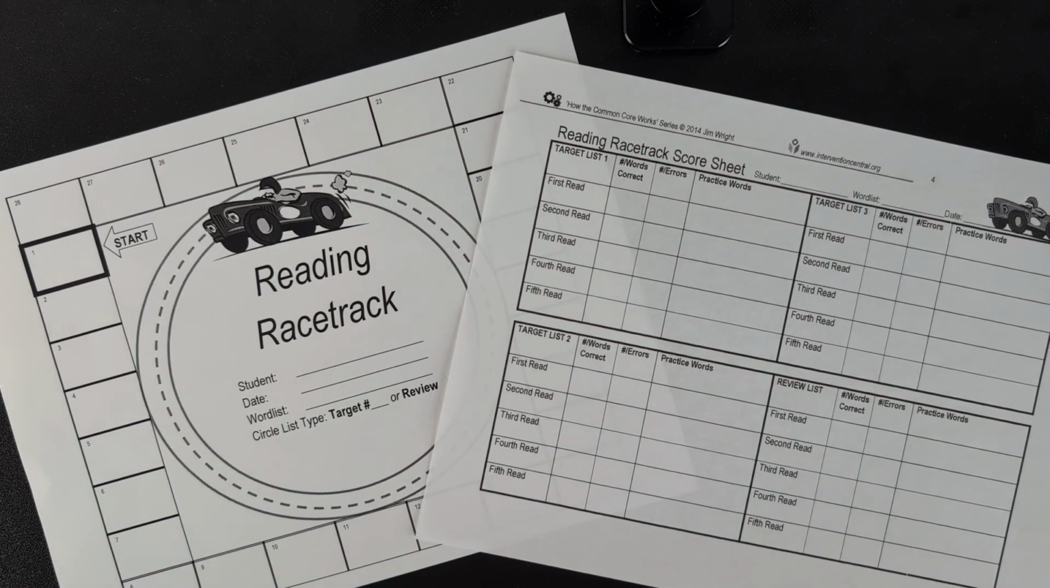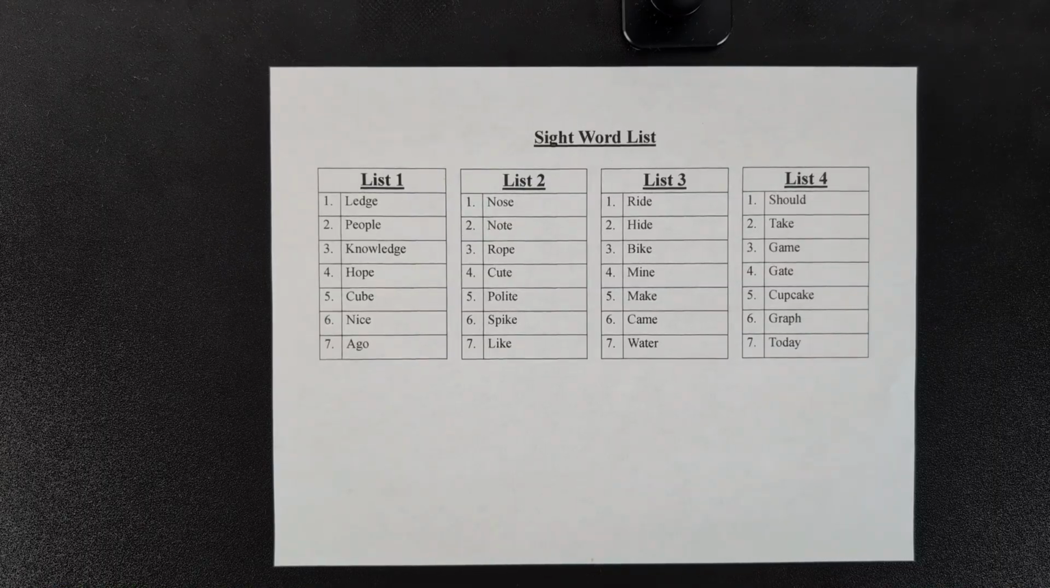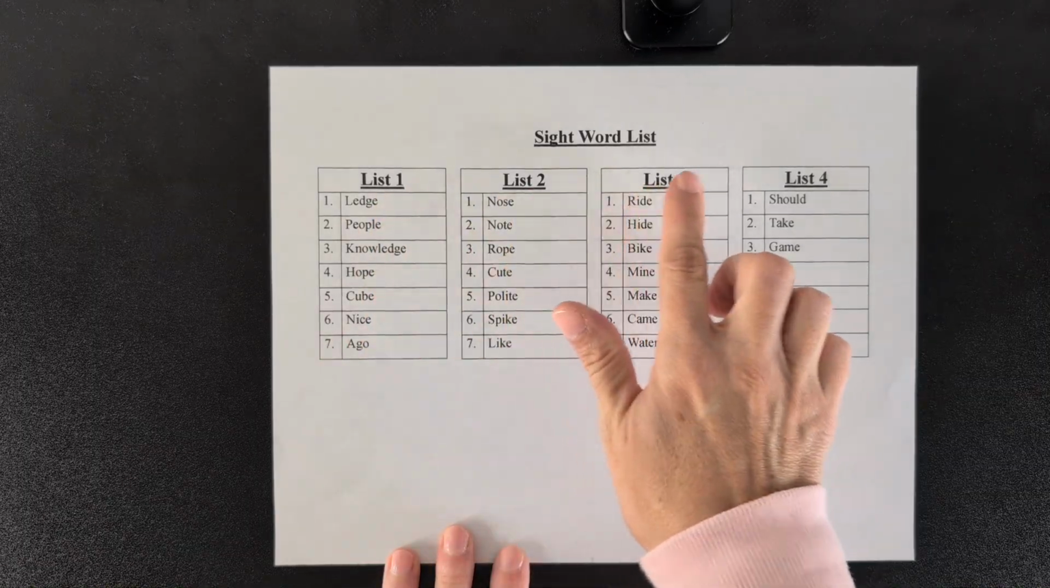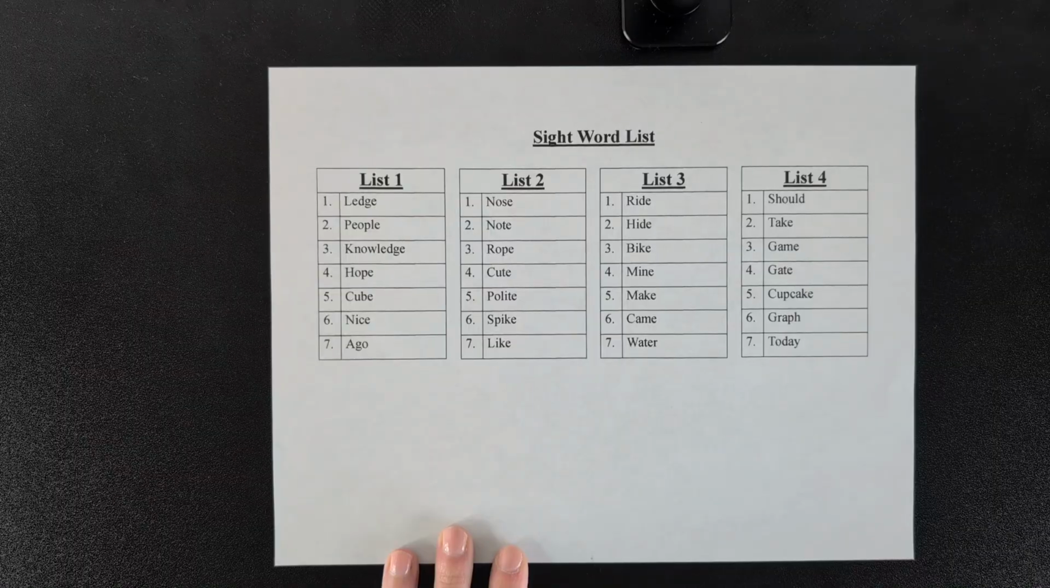Today I'm going to explain an RTI Intervention activity called Reading Racetrack. How Reading Racetrack works is the teacher will first create 4 lists of 7 words from a master sight word list. As you can see here, I created 4 lists of 7 words, and each list contains different words and